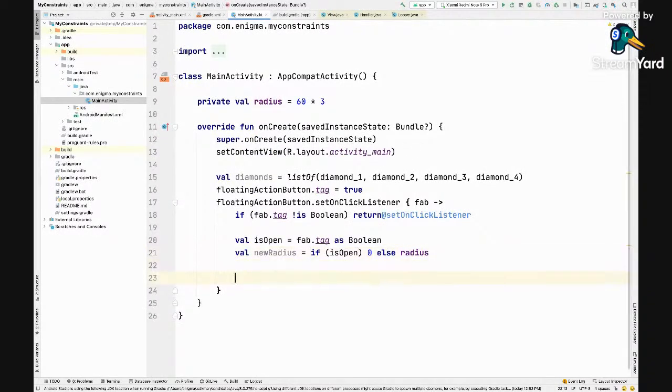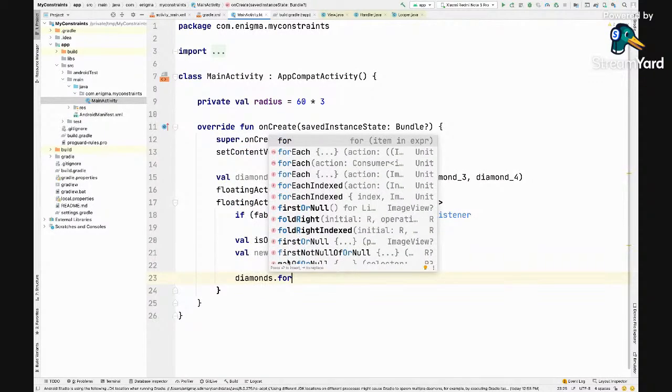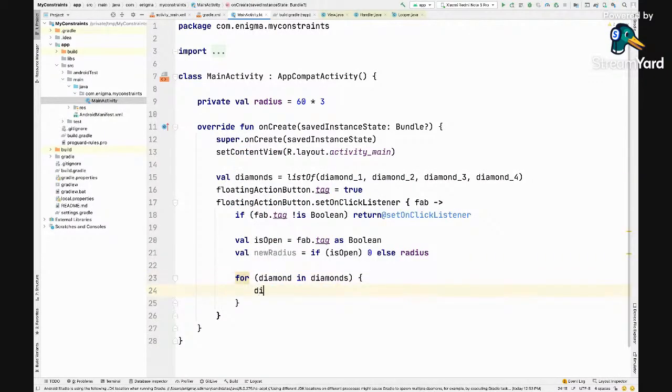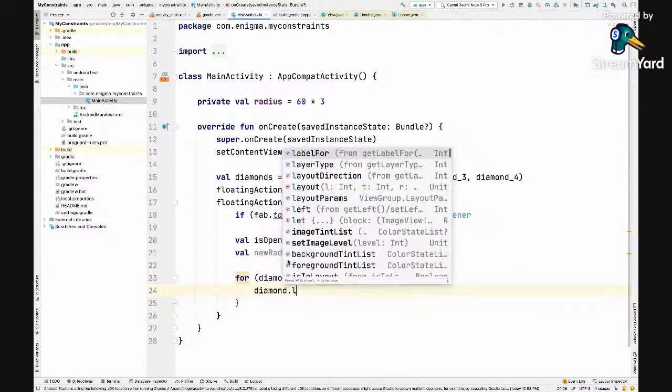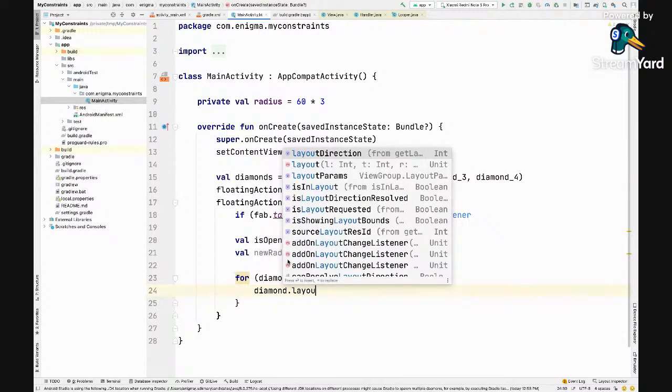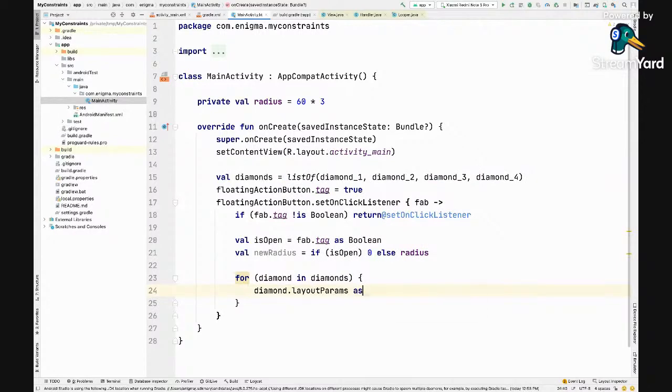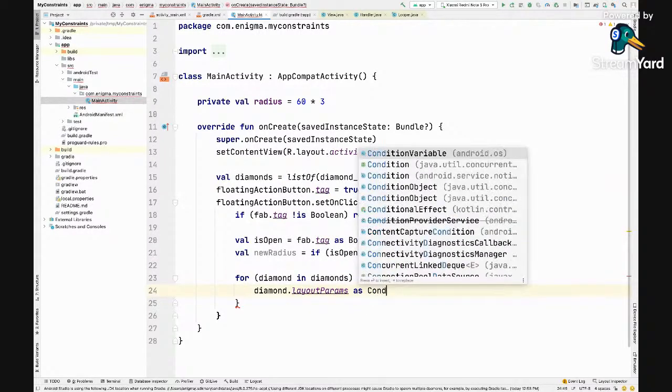And what I'll do is I'll just say diamonds dot for each. I'll take layout params as constraint.